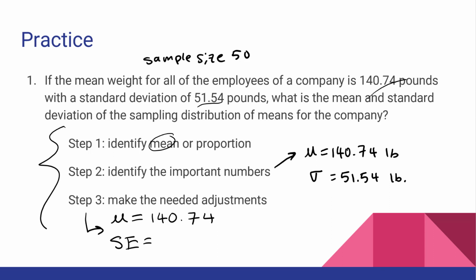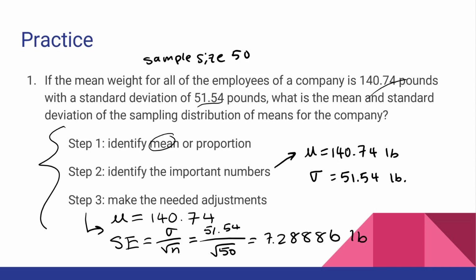That would be equal to our sigma over square root of n. So that is equal to sigma of 51.54 over the square root of 50, which is our sample size. And that is equal to 7.28886, according to Siri. So that means that if we take samples of 50 at a time, then we will have a normal distribution with a mean of 140.74 and a standard deviation of